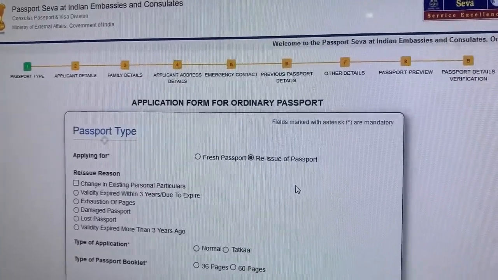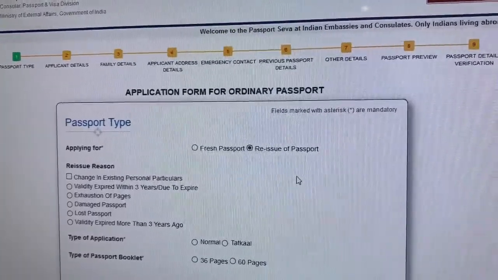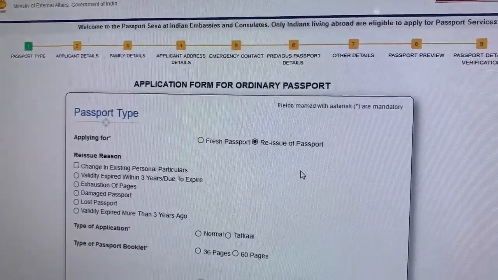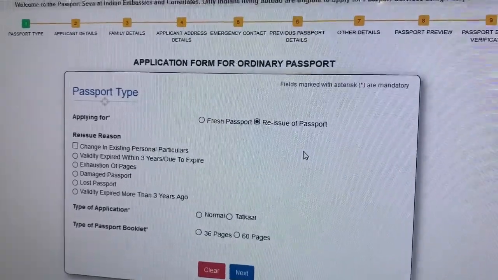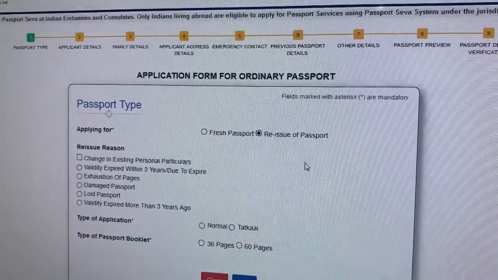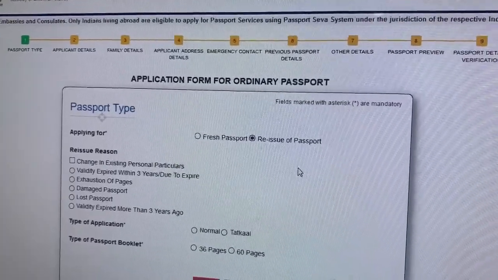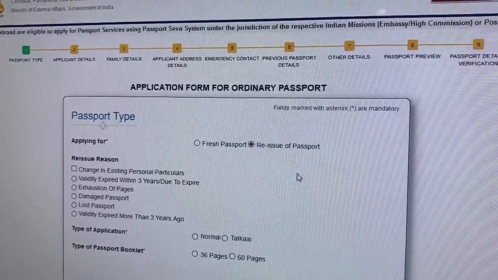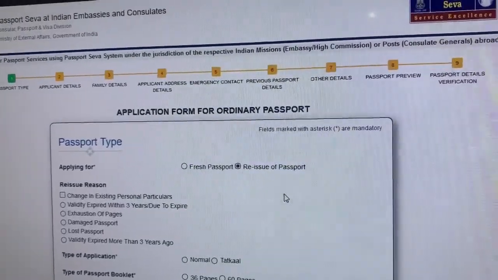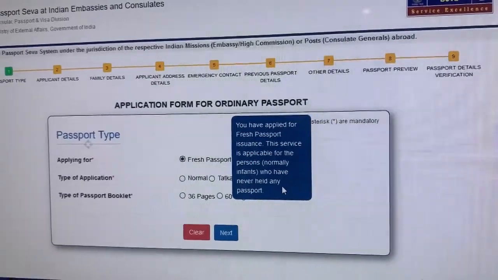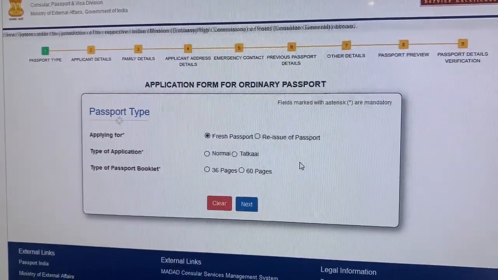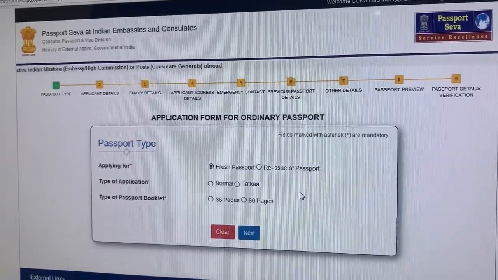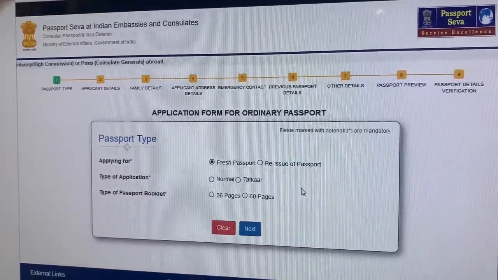And then you need to make the payment. The payment details are already given in our website. The bank details are already there on the website. Kindly make the payment, attach the slip or the proof of payment, and only then send it to the consulate. I am telling this because many of these applications are pending, because only the applications are sent and the proof of payment is not there. So I would request you all to kindly adhere to the guidelines and send it across so that we can expedite the services and give the passports to you quickly.